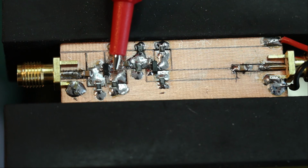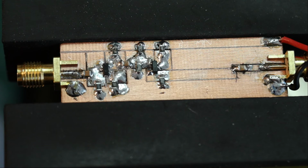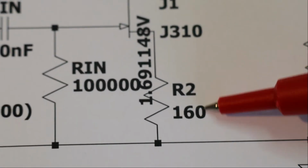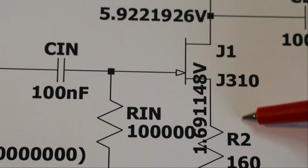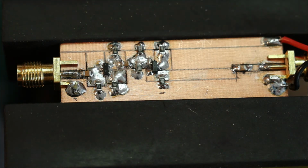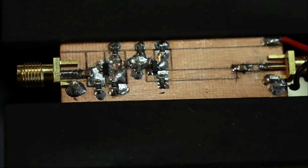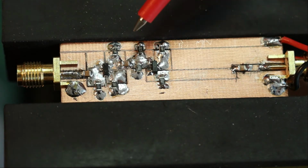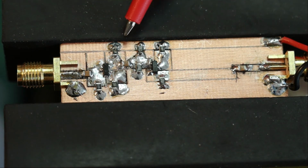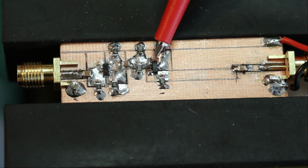On the other hand, you have a resistor on the source. We calculated 160, 170 ohm. So that's this resistor here. And you have a resistor on the drain of 560 ohm, roughly. 560, 570. I had to take what I have here in my lab. And then the output again is decoupled to the